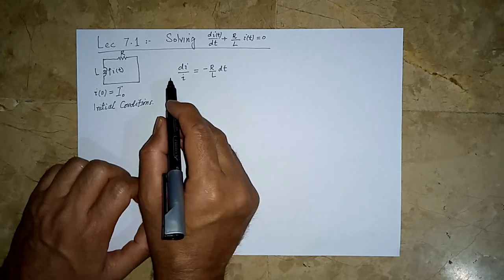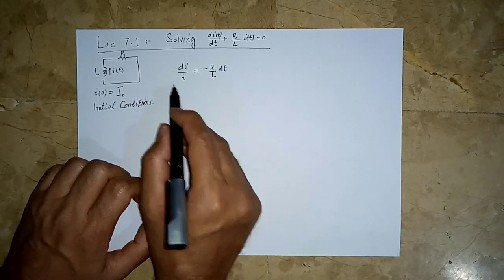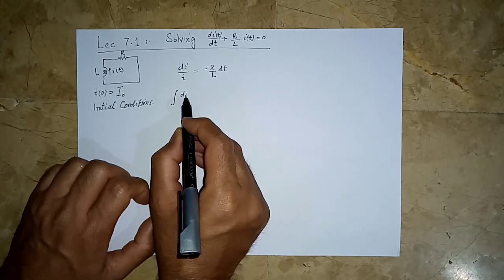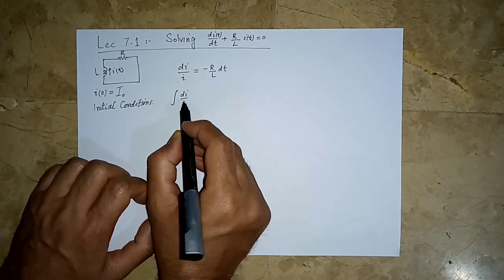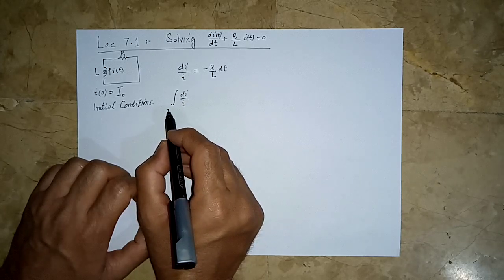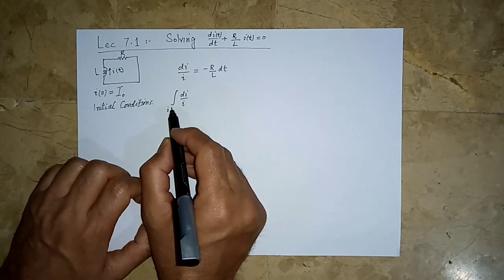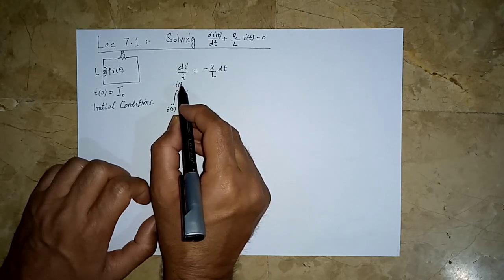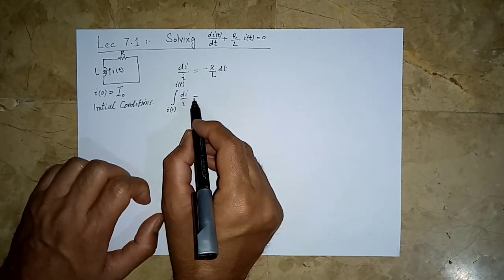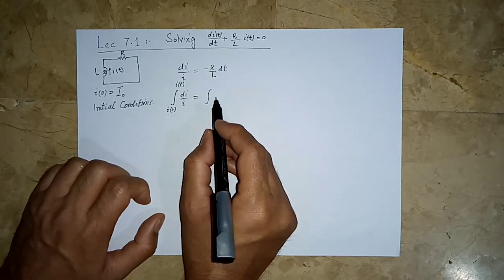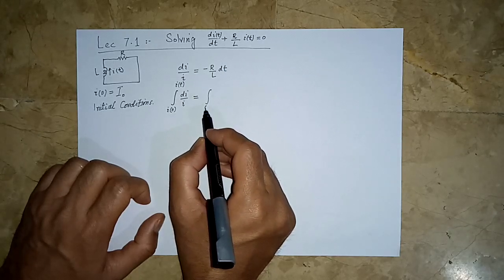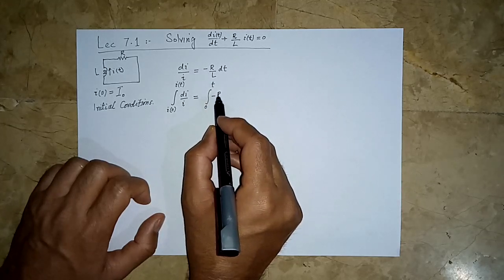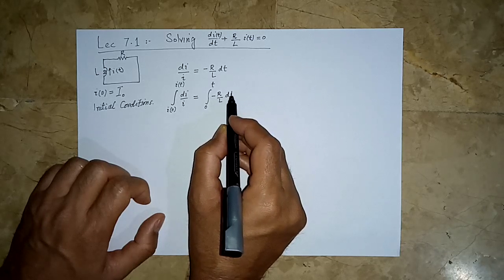If we take definite integrals on both sides, on the left hand side we integrate with respect to i, and the limits must be on i. So some value of i, and the initial value we know is I0, and the current value at time t that we are interested in, is equal to, now here the integration is with respect to t, so the limits would be on t. So t starts at 0 for our case and goes up to t, of minus R over L dt. So what do we get?